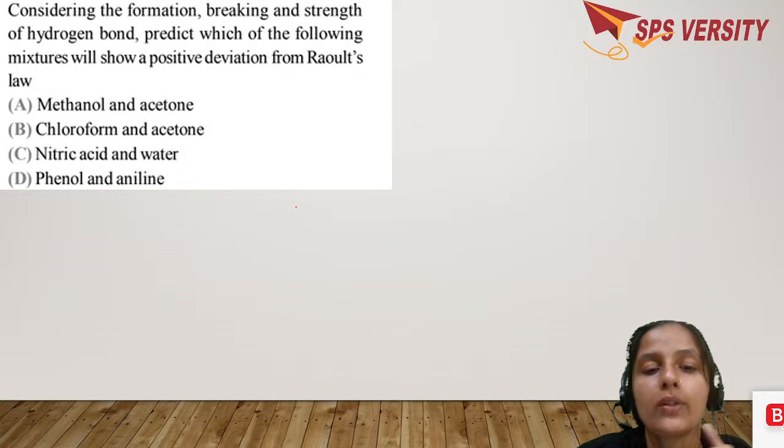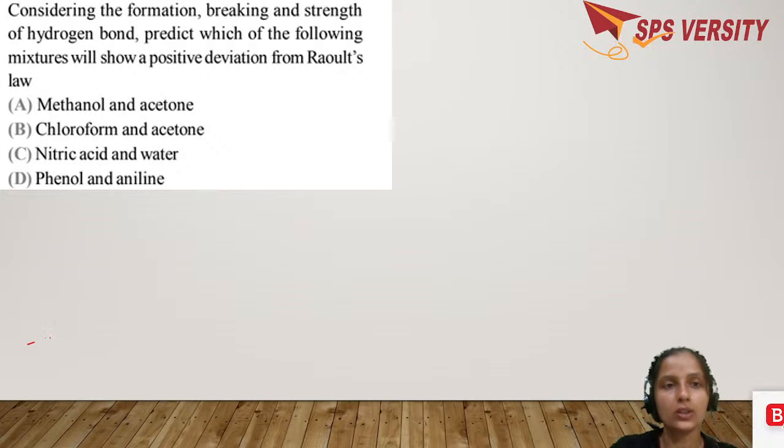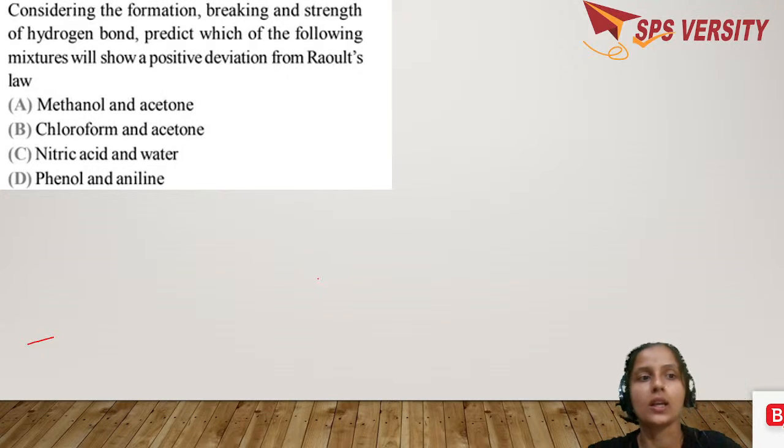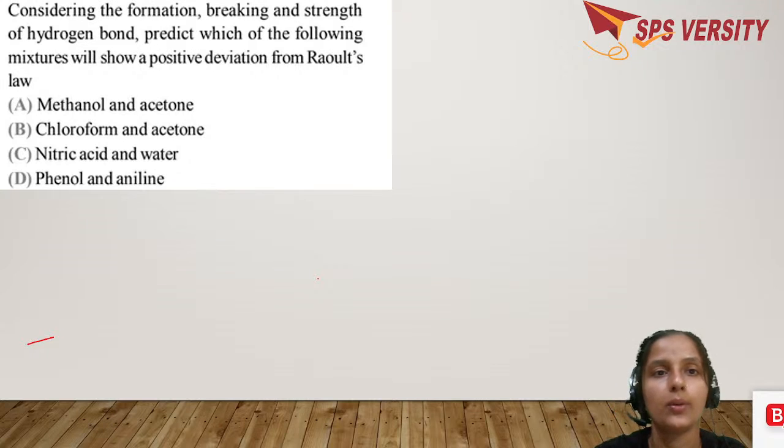Okay, let me go ahead with one. So we'll go with the first option first. We know that nitric acid and water, any acid when mixed with water, gives an exothermic reaction, because of which it shows a negative deviation from Raoult's law. But if you take into consideration the bond breaking and its strength, in the case of pure methanol, that is CH3OH,